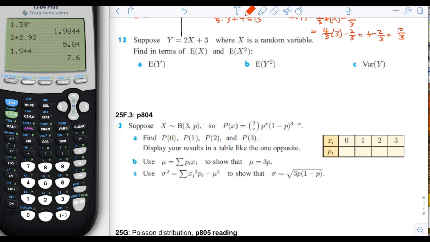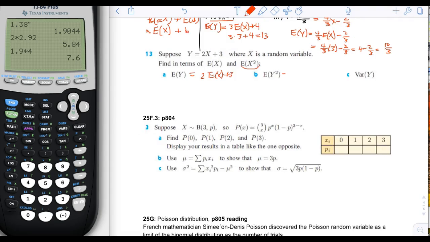So on number 13, suppose that y equals 2x plus 3, where x is a random variable. Find in terms of E of x and E of x squared. E of y is equal to, this is an easy one, just like before, 2 E of x plus 3. So that's it. They didn't give us E of x, so we just leave it like that, right? E of y squared,